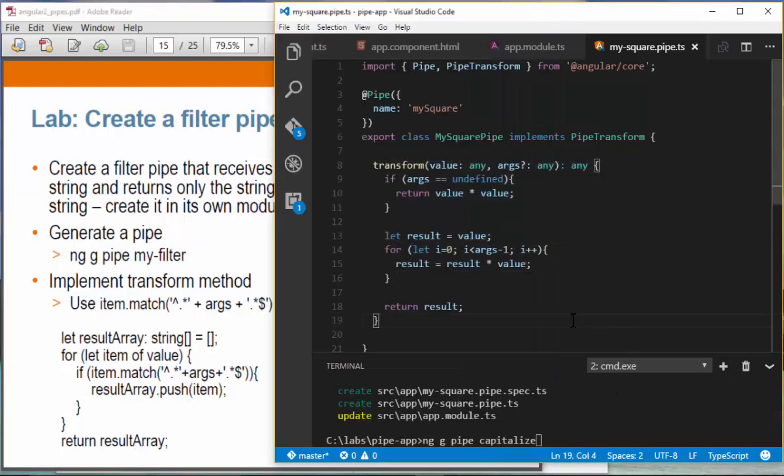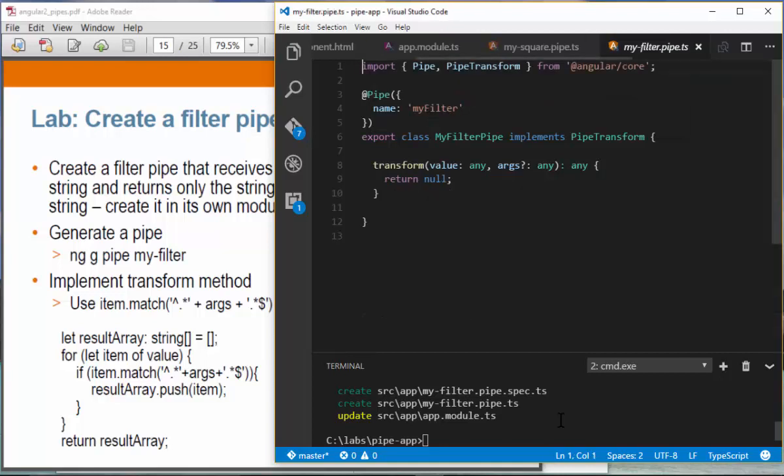Okay, so let me just demonstrate that. So here we are going to create a pipe, and I'm going to call it myFilter. And so we have a myFilter, the filter. So here basically what we want to do is create the result array, and it's going to be string array type, and let's initialize it with an empty array, and then we're going to have a for loop